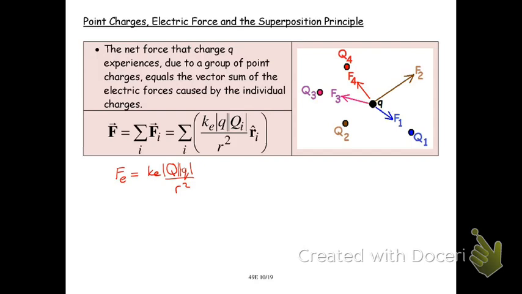And if I want to make this into a vector, now I've got to take into account direction, so I have the vector force. The way I deal with the directional aspect is I multiply this magnitude, magnitudes are always positive, by that unit vector, which is in the right direction. We played with that, and you'll notice, look at the diagram to figure out what you do with the ijk